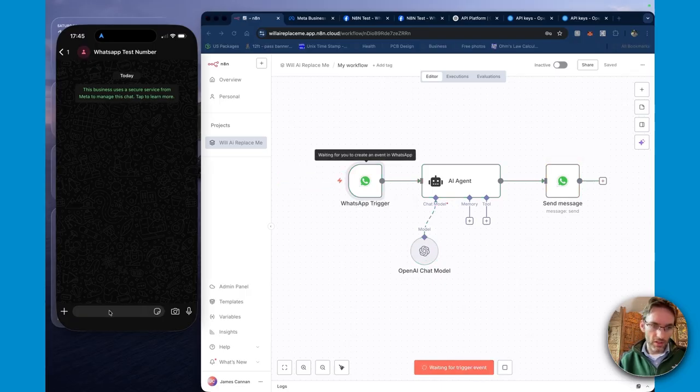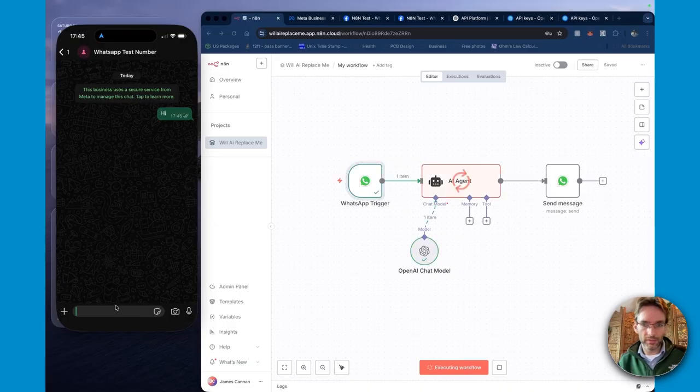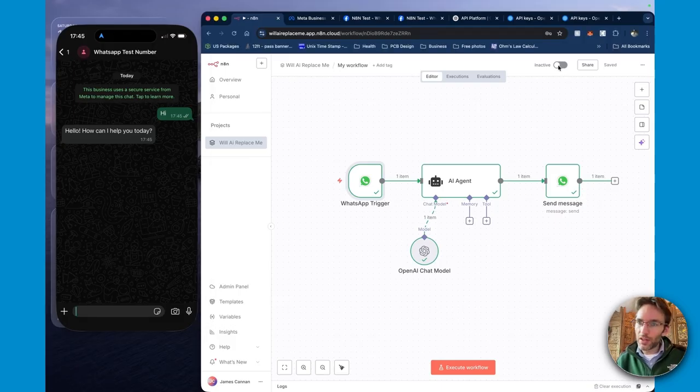I've cleared the messages to make it nice and clean. And I'm going to type hi. Brilliant. So now it says, hello, how can I help you today? So it has updated. I did notice I had everything live, so it was causing an issue before, but just doing it once with the execute workflow seemed to be okay. So now, if I actually do make it live again,